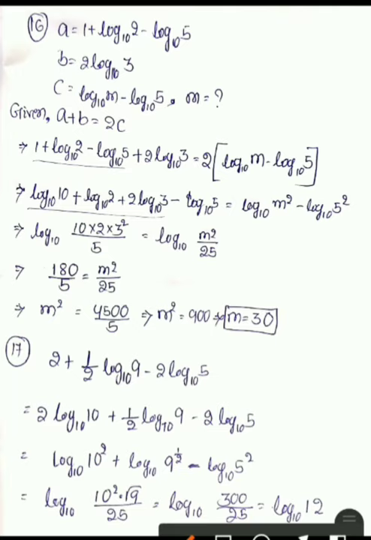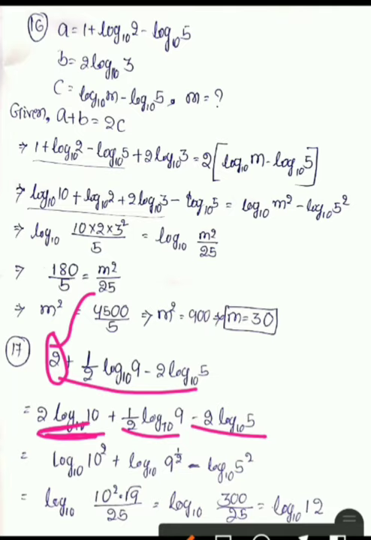Now students, question number 17 is given, express as a single logarithm. Okay, in a single logarithm you have to express the simplification. 2 is given here, half log 10 to the power 9. 2 means you can write it in log form, log of 10 base 10, and half log of n to the base 10. All are same, I have written as it is. Only I have written this one in this step. In the next step, use the power law. So you can write it like this.